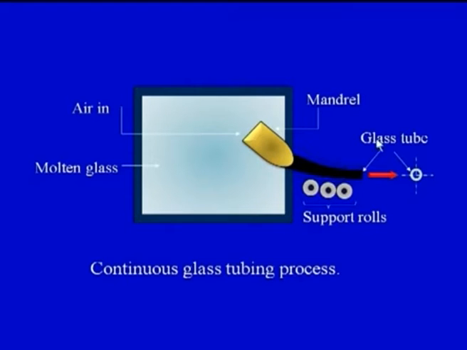So, here we can see this is the cross section of the glass tube which has been produced. It is hollow from inside. The final diameter, outer and inner, would be controlled. Specifically, the inner diameter will be controlled by the rate at which the air is blown, and secondly, the thickness of the wall would be controlled by the blown air. So, there are supporting rollers also. So, this is one of the important techniques of making the tubes out of the molten glass.